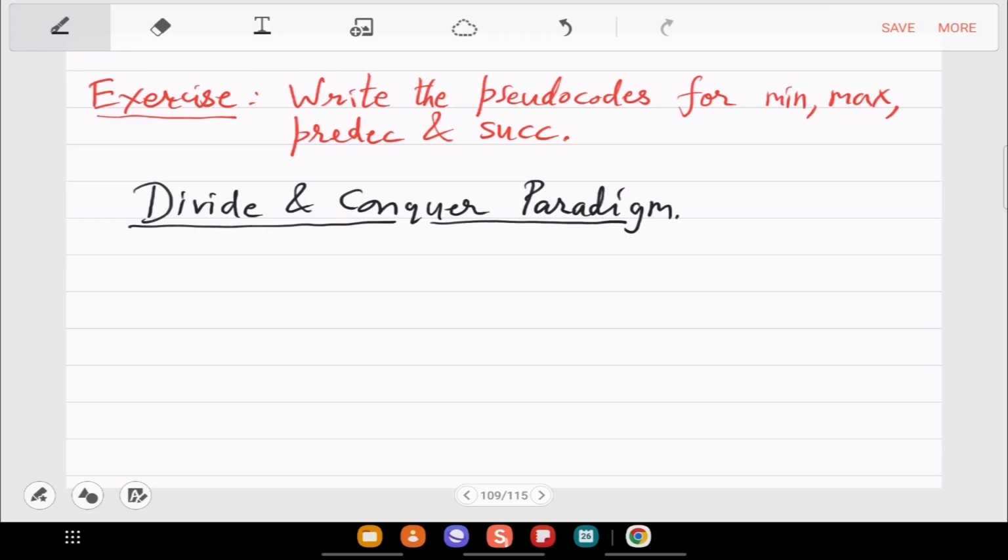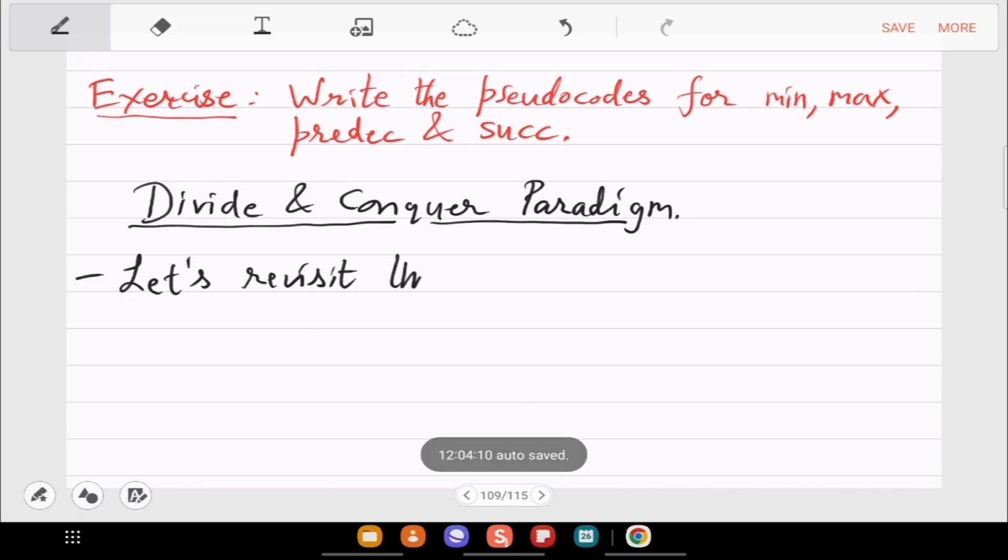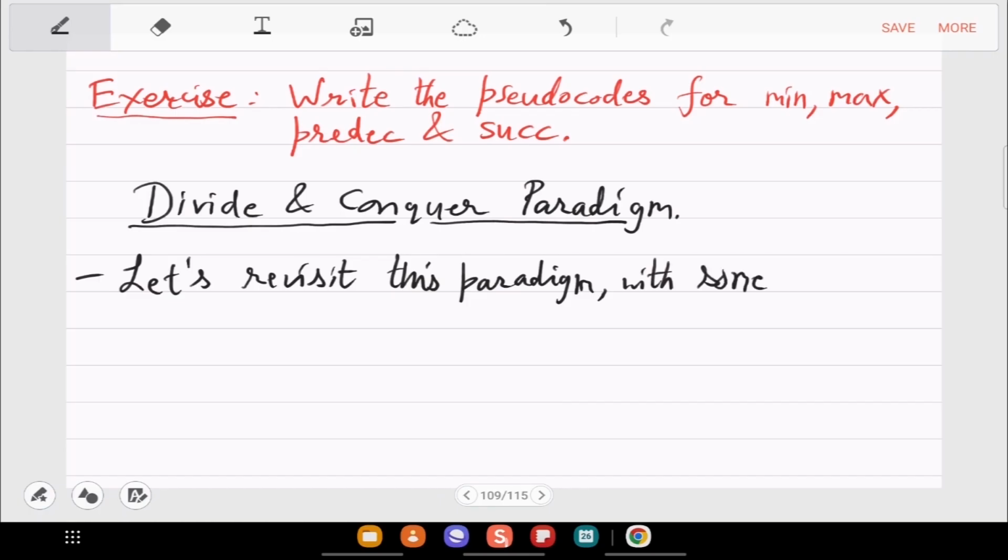So let us continue on this, and then we will start a new topic. So let's revisit this paradigm with some more interesting examples. So we'll see three interesting problems which you may or may not have seen before. So first one is